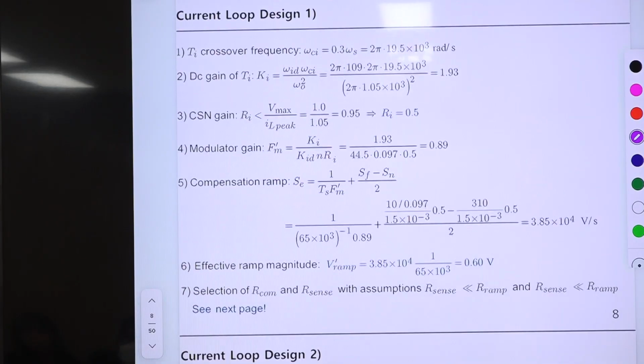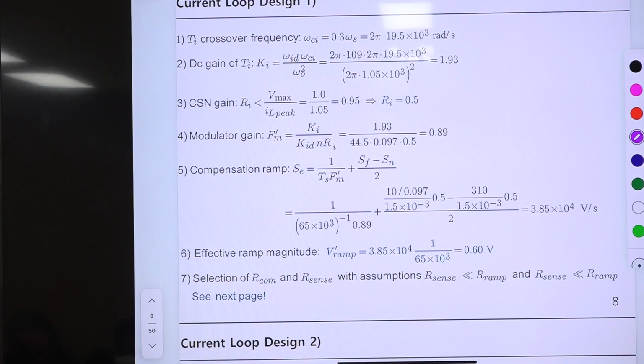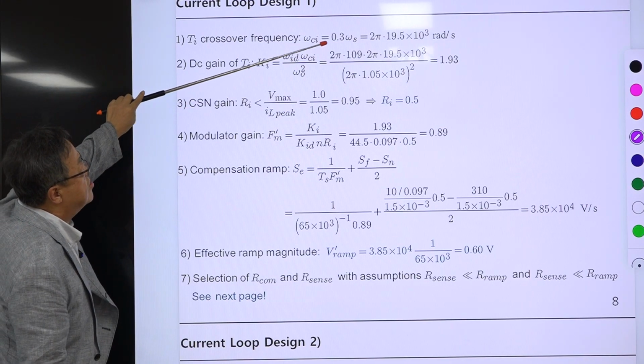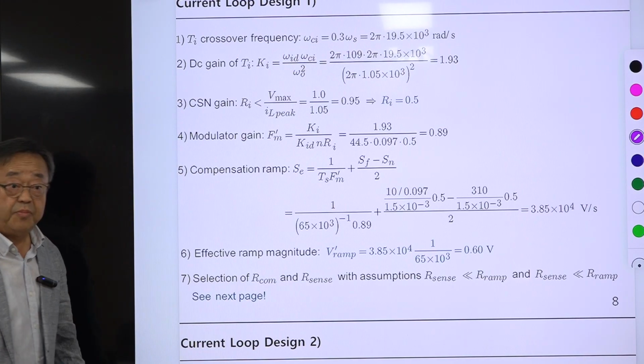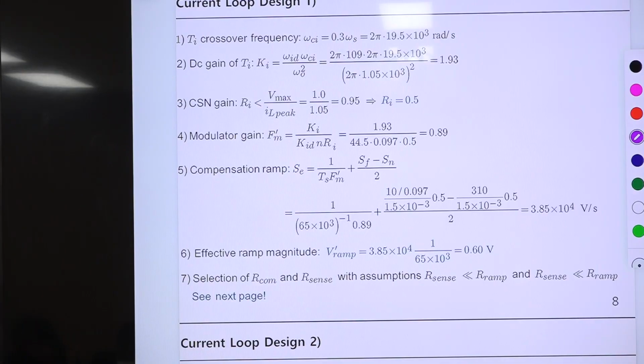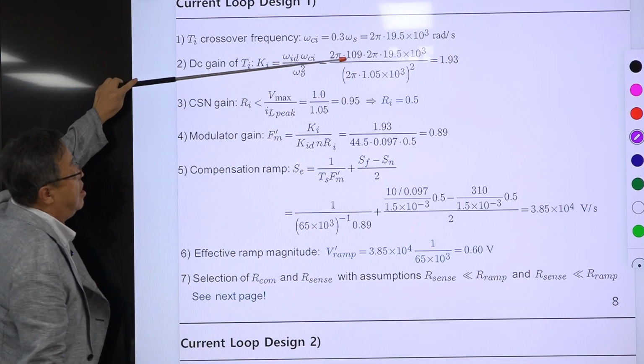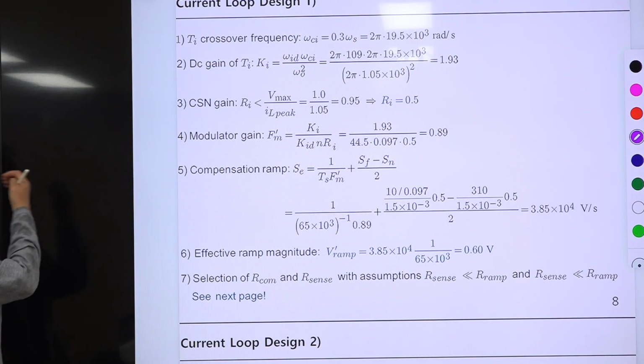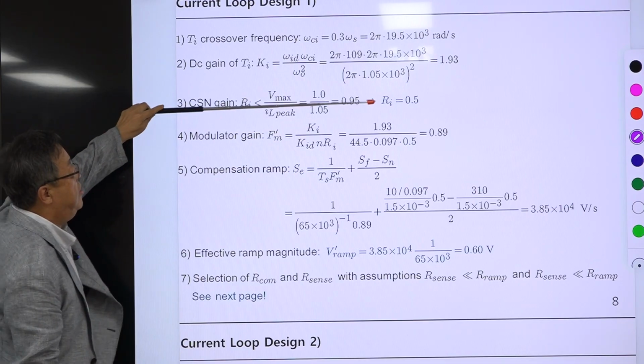Right, so it's coming here. Okay. Current loop design, step 1. The crossover frequency is selected as 0.3 omega s. Maybe this is the challenging design. So this is okay. I designed optimally using this number. So we select this, but you can select slightly lower than this. It really doesn't matter. Then using the equation, Ki is determined as